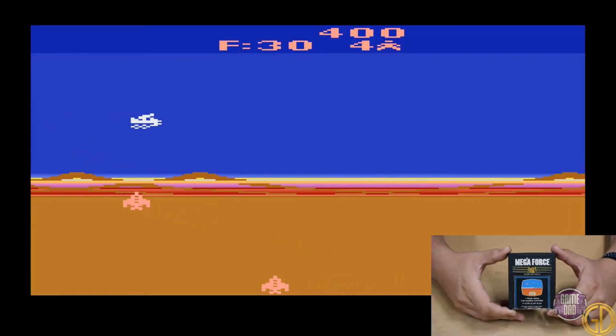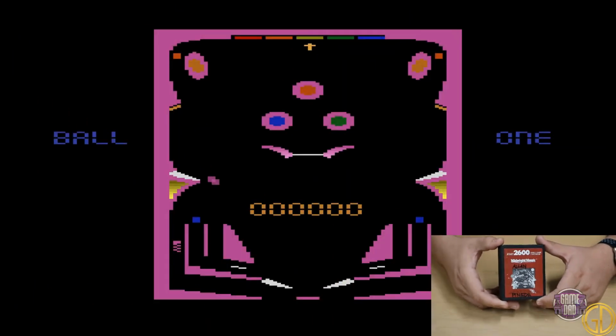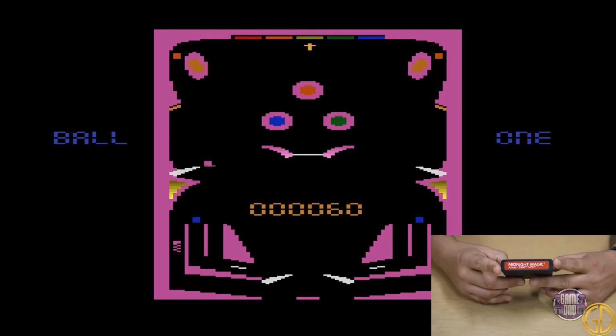I actually found this game to be quite challenging and found myself getting shot down quite a bit. Next up is Midnight Magic by Broderbund Software that was released in 1982. This game is a great pinball board for the Atari 2600. It admittedly took me a minute to figure out how to launch the ball, but once I got going, I